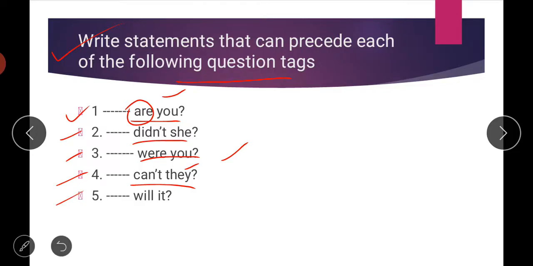Then fifth is will it. So again the helping verb will is being used here, and if you look at this tag, this is a positive tag, will it, there is no negative word, no not word in the tag, so will it is the given word. So it means you have to form the negative statement, and you have to use these two words in the starting of your statement also. So it will not rain today, will it. So you can simply form the statement that it will not rain today, will it. So that will be the right answer.